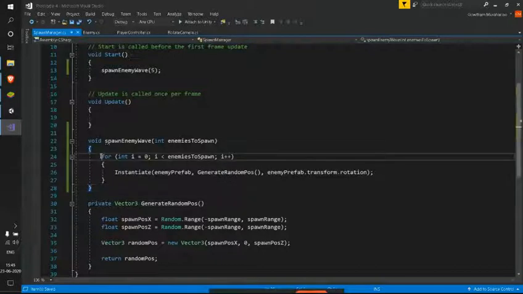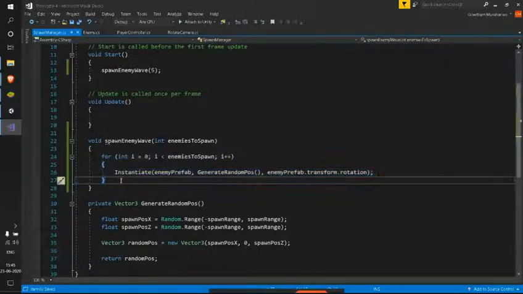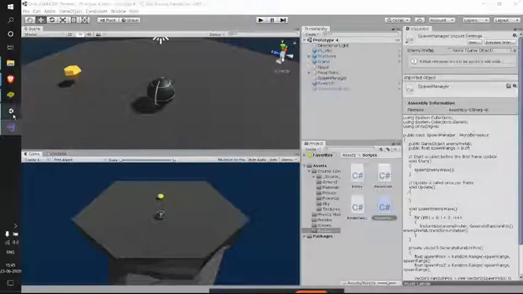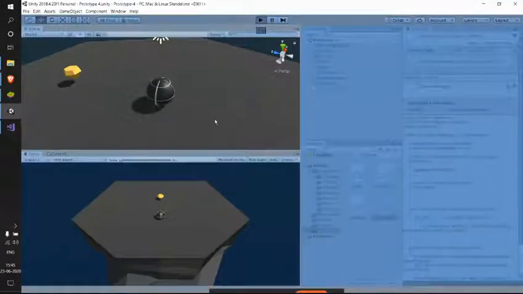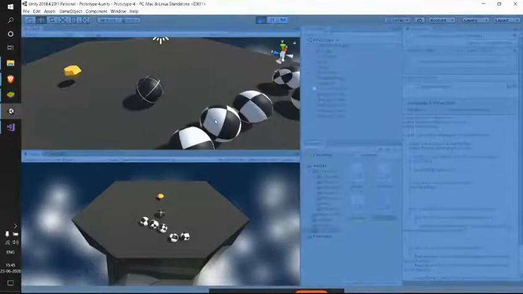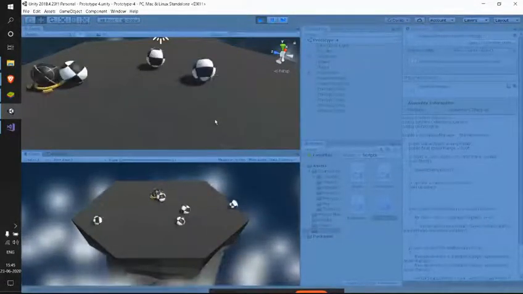And as this loop runs 5 times, now I must see 5 enemies in my Unity. Let's just test this. Yes, we have these 5 enemies.